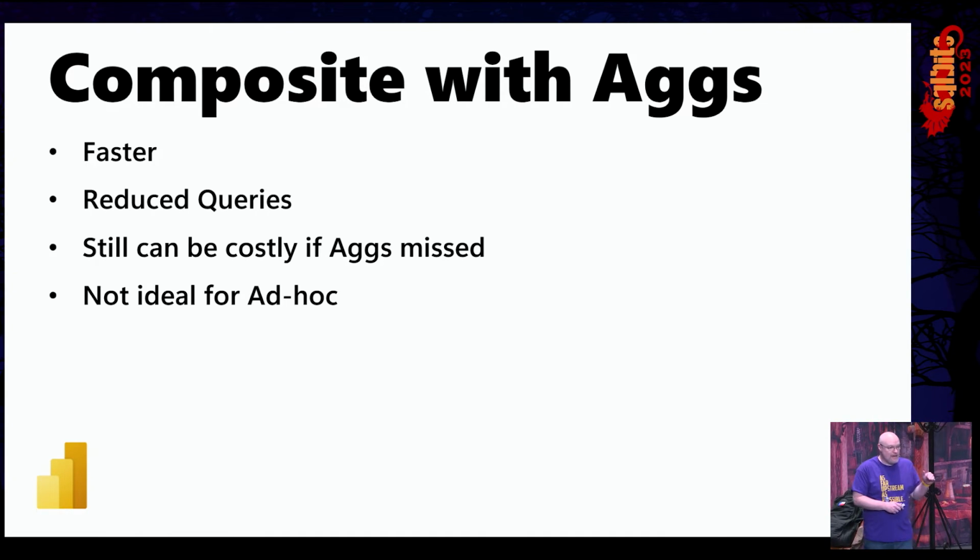And so the aggregation is this cached, summarized view of the data. So it's at a higher grain. So if all your data is at a day level, maybe you have an aggregation that's at the year grain or the month grain or some higher form of it. In their situation, they had trillions of rows at the detail side on the SQL server, and then they had a materialized view that was at a higher grain, so maybe that was at the month grain. And then we used an aggregation on the Power BI side at the year grain.